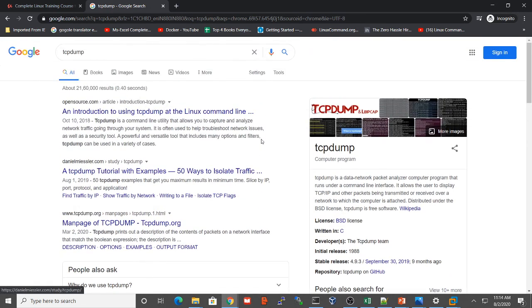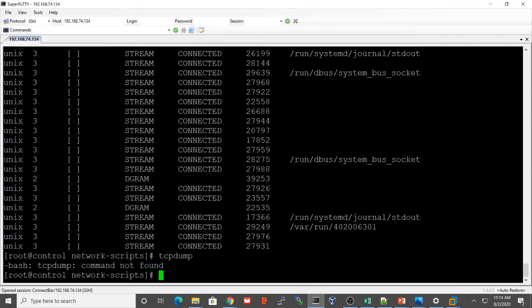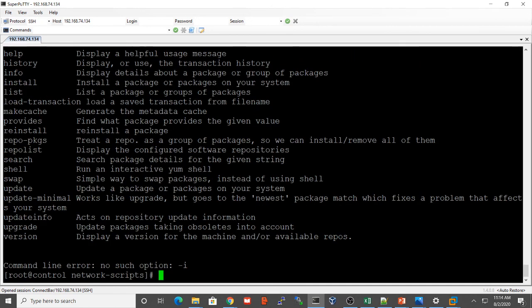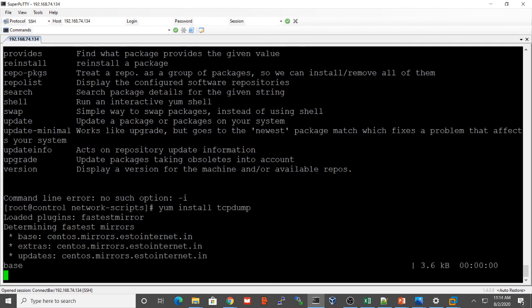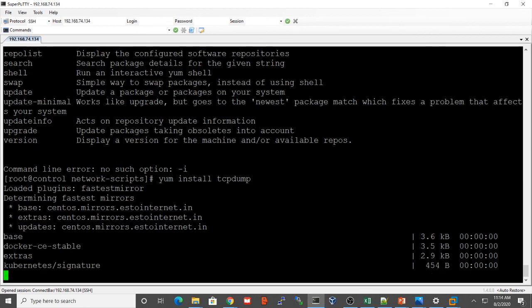We need to set that up, and if you install TCP dump, it will display the flow of the network transmission.